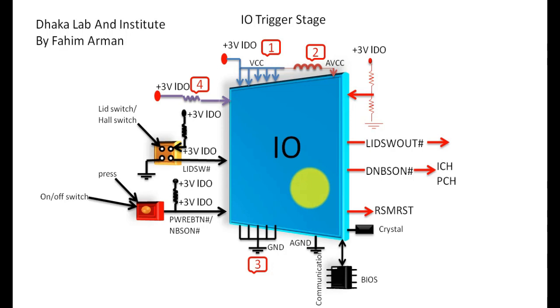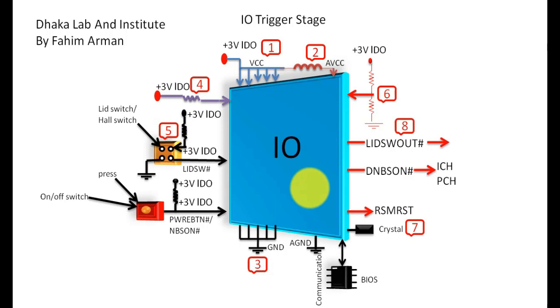Another step is plus 3 volt LDO by a pull up resistor, and then the work of the lead switch or halt switch, and there will be a signal as lead switch hash. Then plus 3 volt LDO will enter into the IO chip for the thermal protection circuit, and the next step will be the frequency of the crystal into the IO chip,